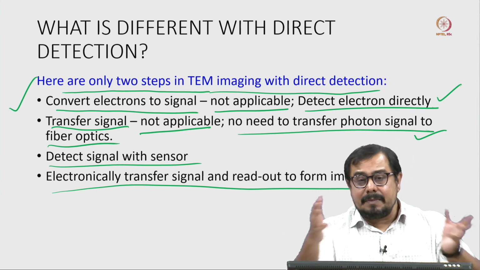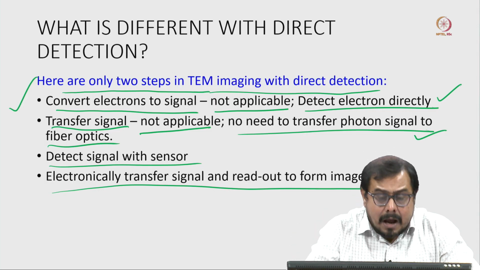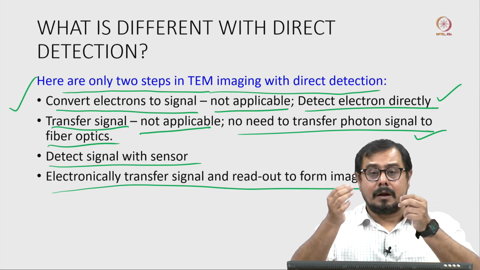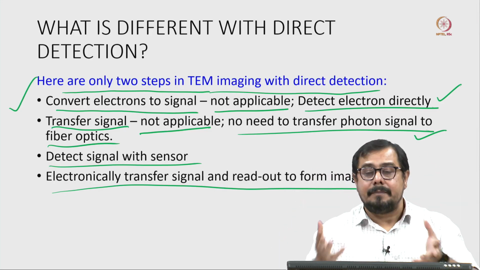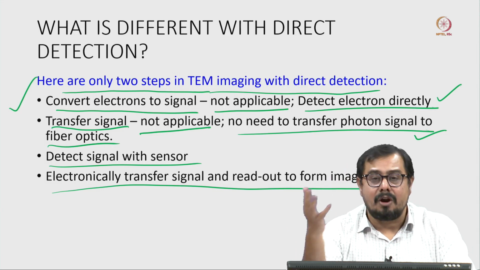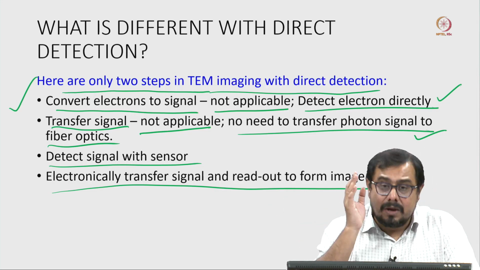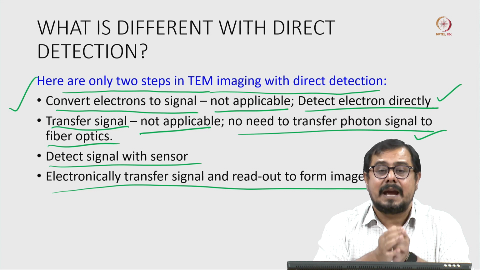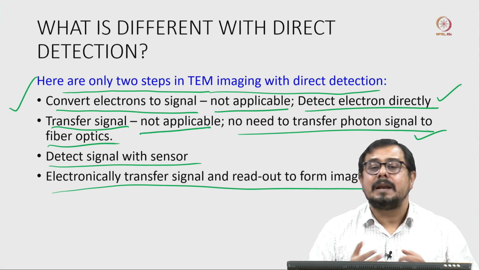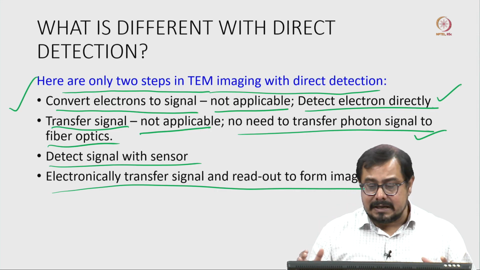If we want to just image a bacterial cell, probably we do not need that kind of high quality image, high quality detector, because with a bacterial cell we are not looking at the membrane, how the outer membrane is formed. If we just want to image a bacterial cell or normal cell, we want to do a room temperature TEM, we do not need direct electron detector. So, in this particular case, we have to decide which particular detector is required for me. Why? For the negative stain or room temperature TEM we do not need direct electron detector, because for room temperature TEM